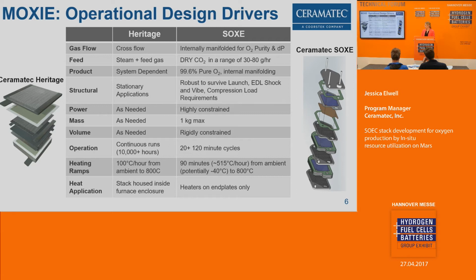In this one, we have 90 minutes to heat up. We run for 120 minutes, and then we turn it off. So the operational cycles are pretty extreme. We also have to take into account temperature considerations. The stack itself will get as low as whatever Mars ambient is, which can be as low as negative 40 degrees Celsius. So our thermal cycles go all the way from negative 40 C on Mars up to the 800